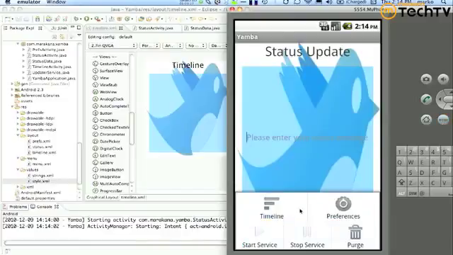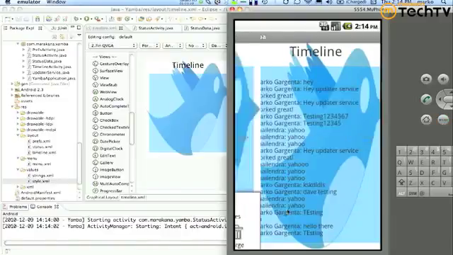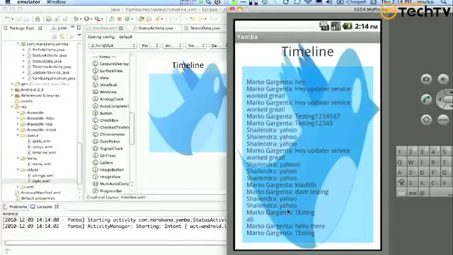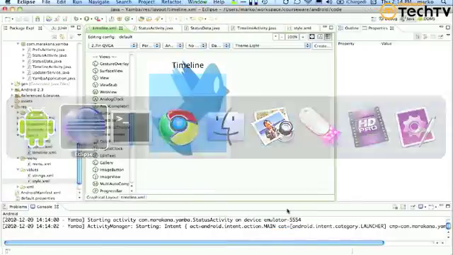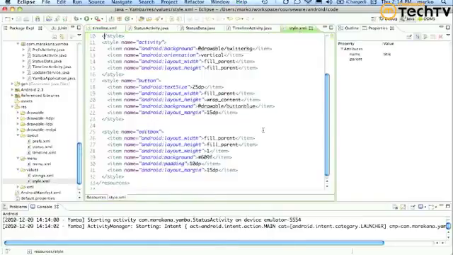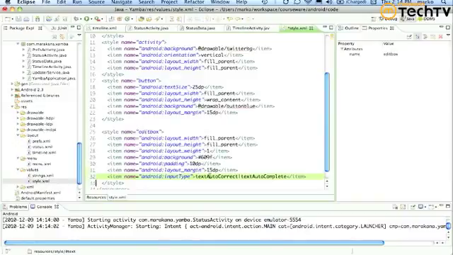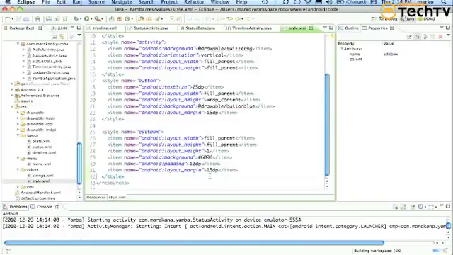So menu, timeline. There we go. Okay, so the problem was with a style sheet. In the style sheet, I had this setting for input type to autocorrect and autocomplete. And that yanked out my new lines. So I actually had all the data, but it was just printing in one line, and it was just going off forever, right? So I'm going to take that out of the style sheet for now, because that was just not necessary anyhow. And I was kind of using the style sheet for what it wasn't really meant for in this